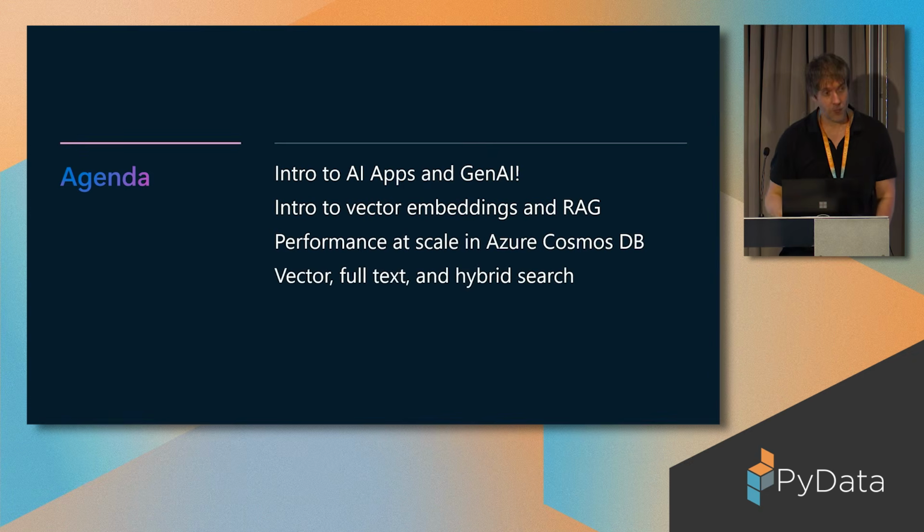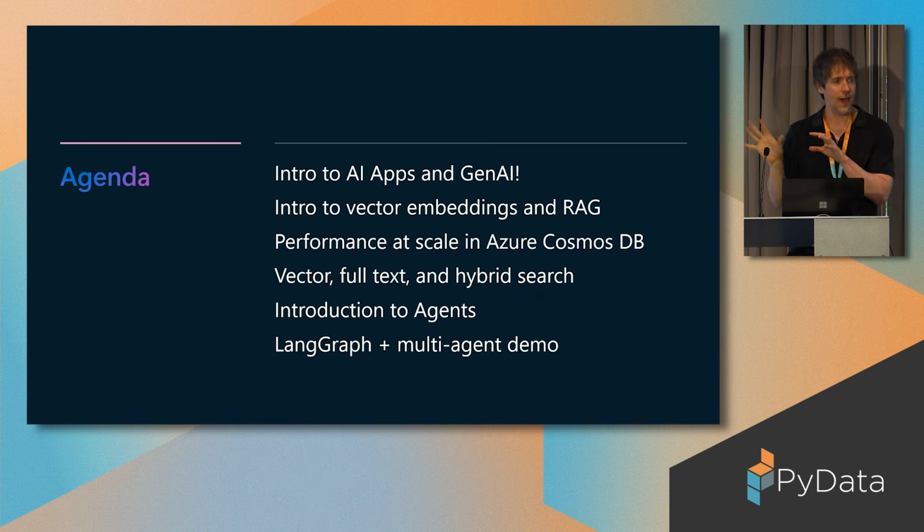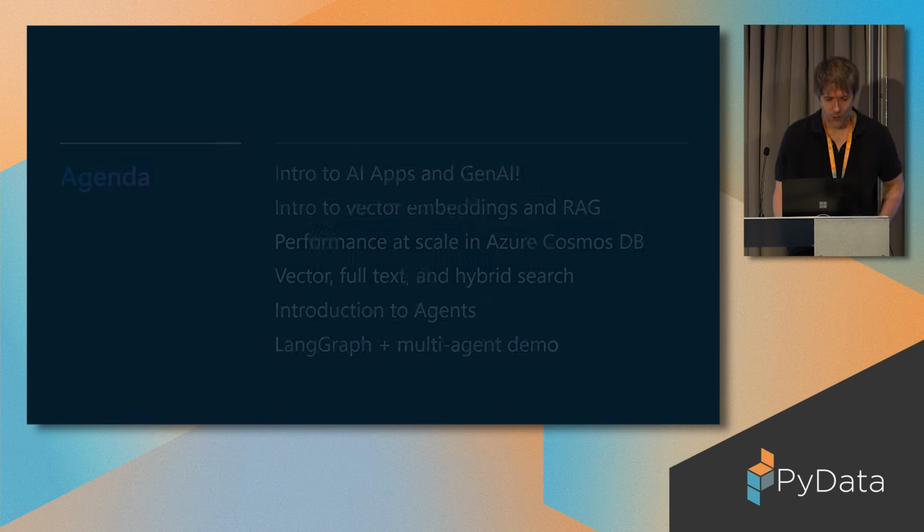Okay, I'm going to talk about vector search, full text search, hybrid search in Cosmos DB, and the general umbrella of semantic search. I'll give an intro to agents and why multi-agents and so on. And then I'm going to dip my toes, hopefully if I get there, in LangGraph and a demo of a multi-agent app that we've built in our team, and we've done various workshops and hands-on labs with this, and it uses OpenAI and LangGraph and Cosmos DB to store chat memory and vectors and transactional data as well.